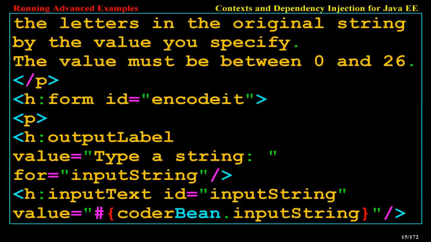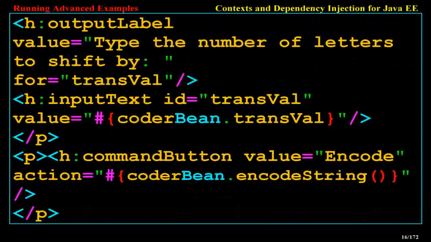h:form id="encodeit", h:outputLabel value="Type a string:" for="inputString", h:inputText id="inputString" value="#{coderBean.inputString}", h:outputLabel value="Type the number of letters to shift by:" for="transVal", h:inputText id="transVal" value="#{coderBean.transVal}", h:commandButton value="Encode" action="#{coderBean.encodeString}"